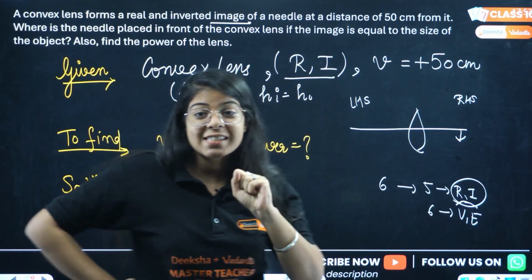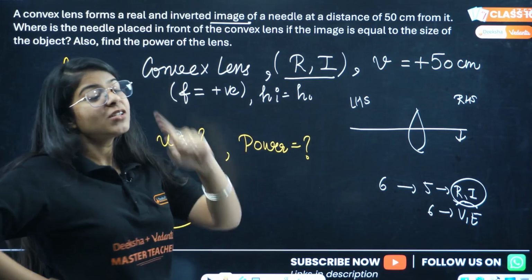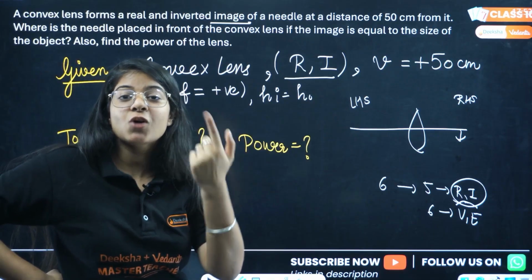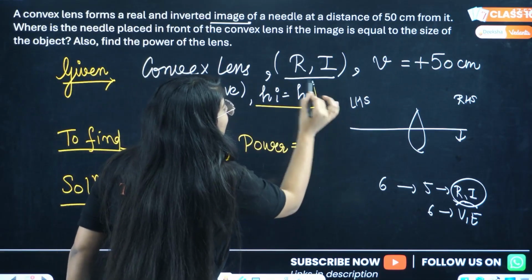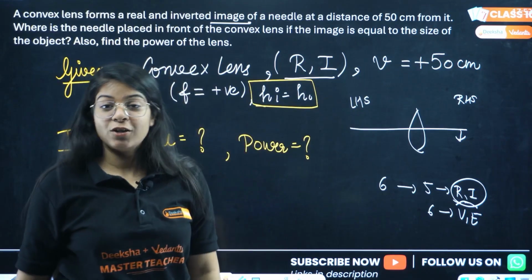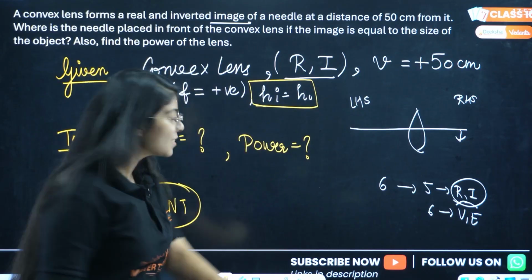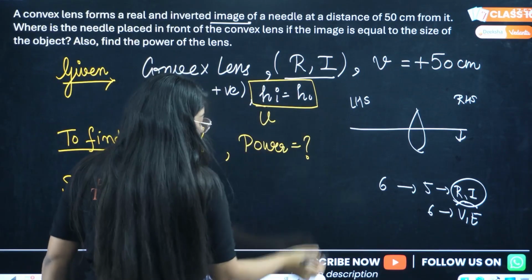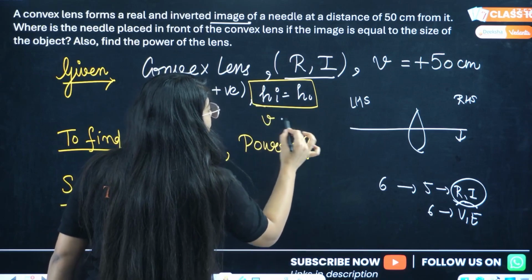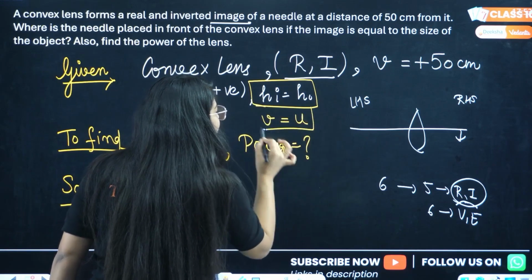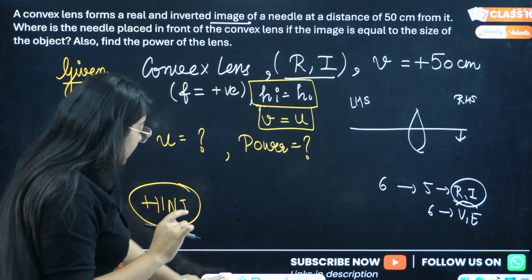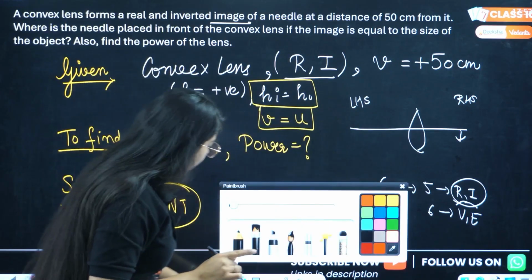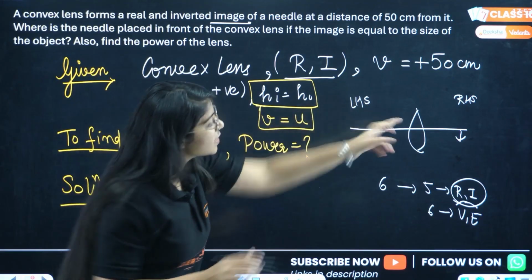So this is the case. Why? Because in that case, the height of the image is always equal to the height of the object. And what is given here? The height of the image is equal to the height of the object. That means the image distance will also be equal to the object distance, but here the image distance is on the right hand